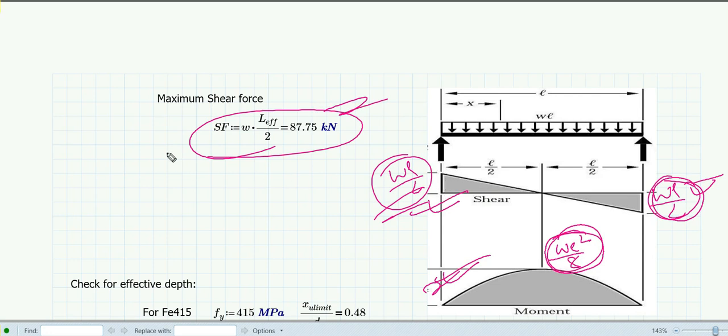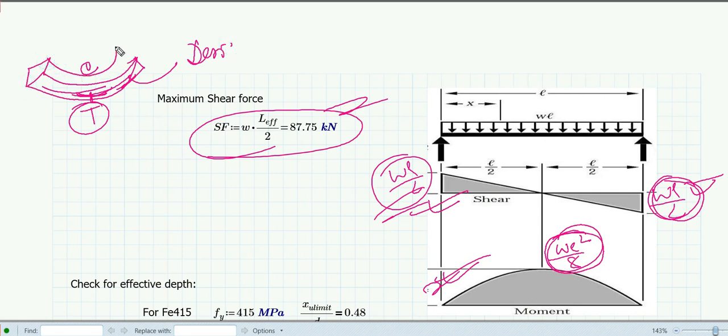Now the thing is, the effect of bending moment. The effect of the moment is the deflection. Because of the application of the moment, the beam will deflect, and for that case, compression will be at the top and tension will be at the bottom. And as you know that concrete is weak in tension, so we have to give some reinforcement to take care of this tension. How much reinforcement is required, that is actually the design, and what should be the dimension to take care of this particular moment.